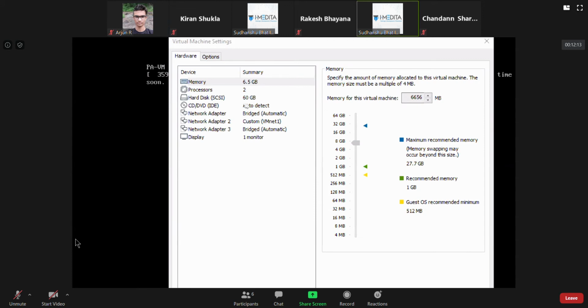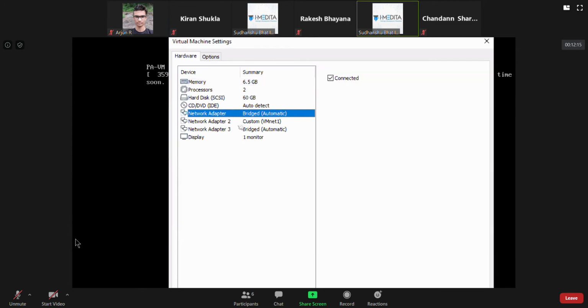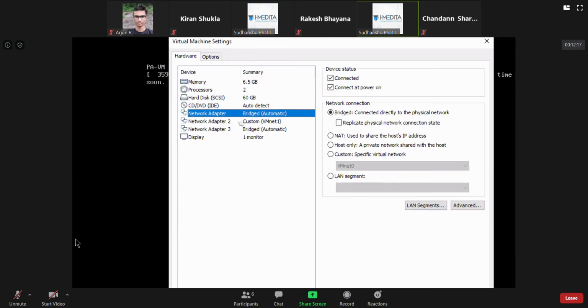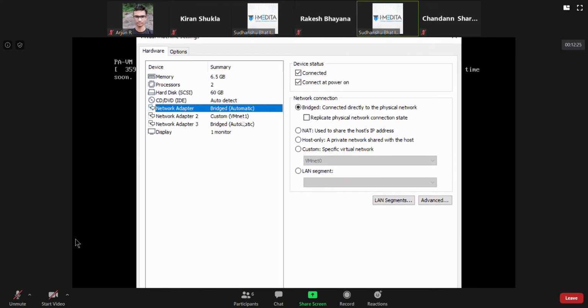You see multiple network adapters, which are working for different things. The first network adapter that you will see in any virtualization environment, whether it's VMware, Hyper-V or any other, is the management interface network interface card.